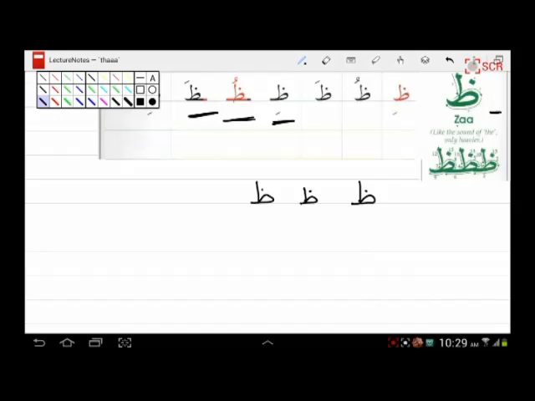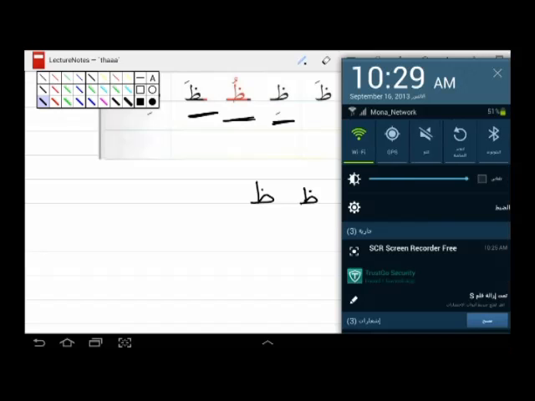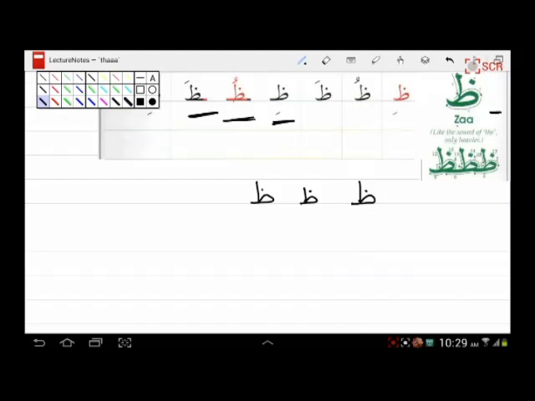The more you practice, the faster you will be able to write it. Okay? I don't care about how fast you do it, but the matter is how accurately you do it. So that's the main form, and exactly like the initial, it has no difference except that it gives you a dash at the end to connect to the following letter. Middle,